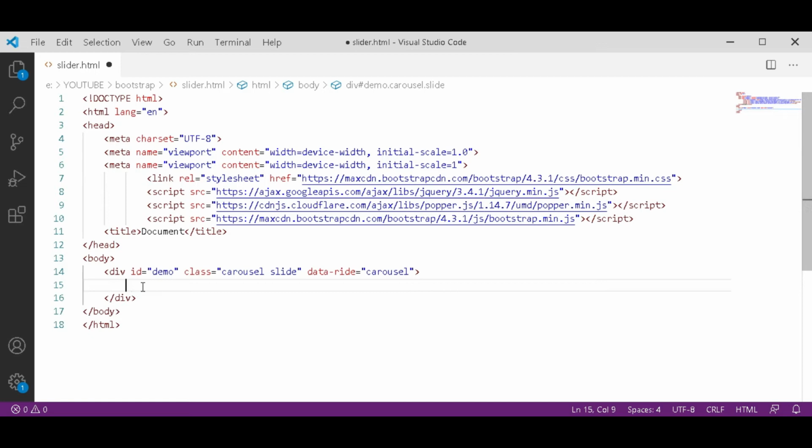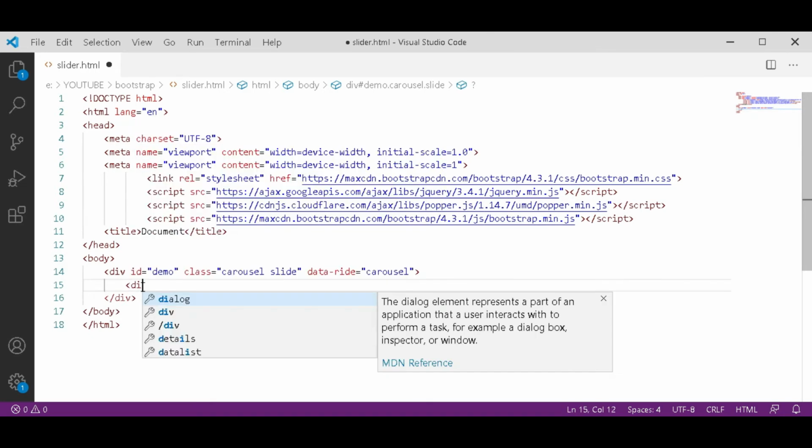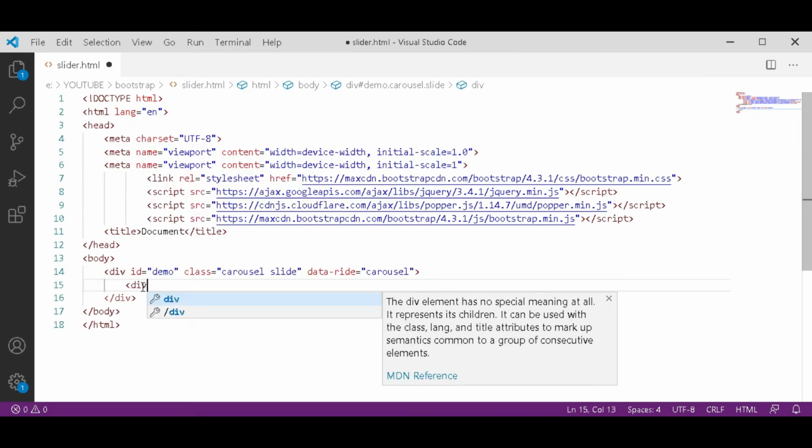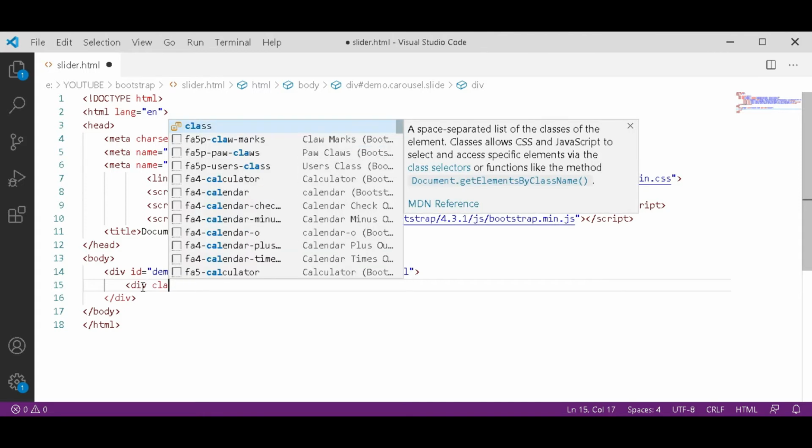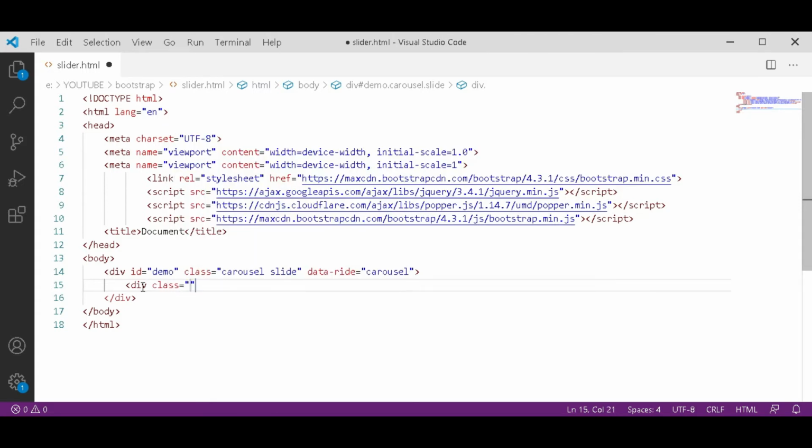Open another div in this div. You can give an ID or class to this div. I am using class carousel-inner, to specify that this is a sub div of the slider.